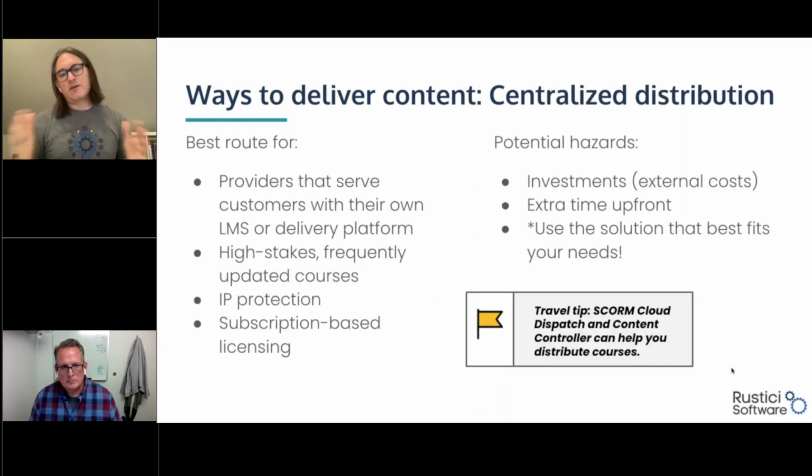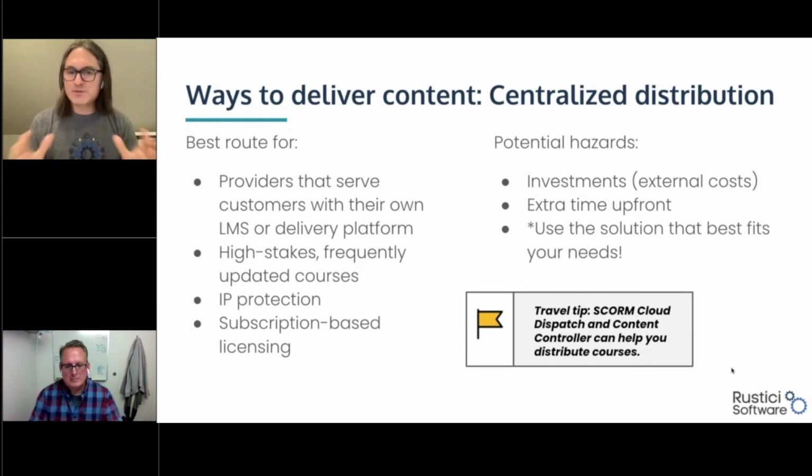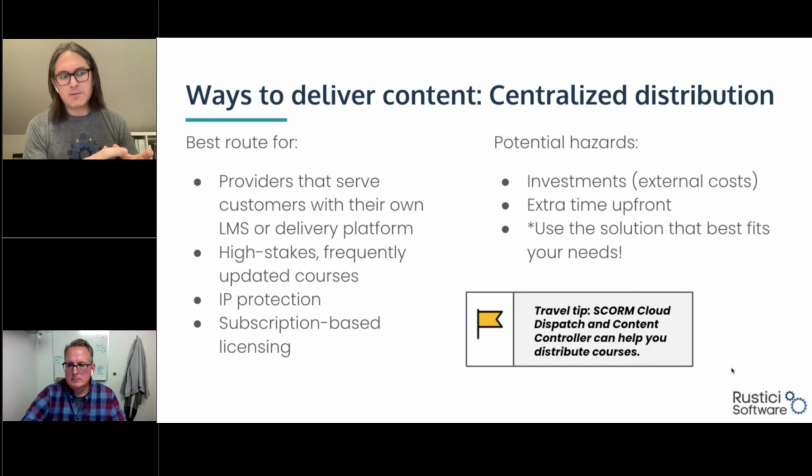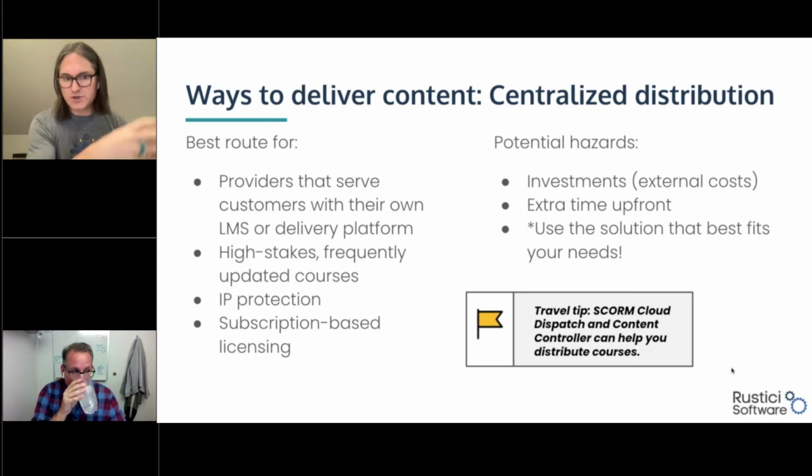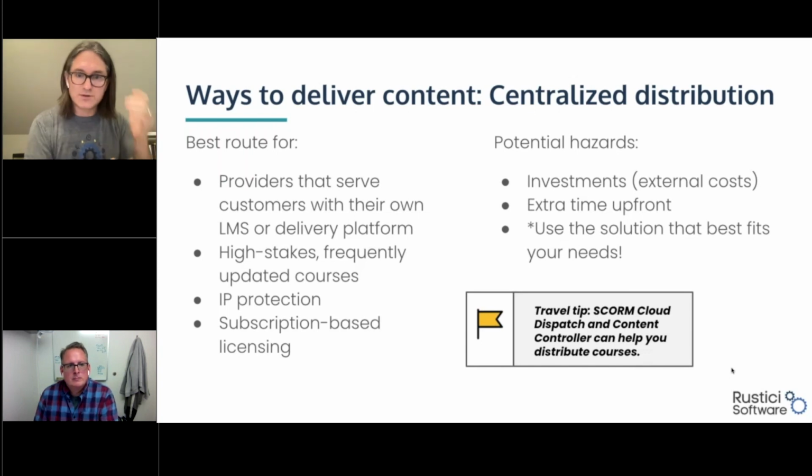Okay, so then our favorite. This is controlled centralized distribution. This is absolutely the way that we feel that most content providers should be going, both for content providers who are organizations that need to share their content either internally to multiple learning management systems or perhaps to partners. Think about extended enterprise use cases, but also to those content providers that are in the business of selling content,